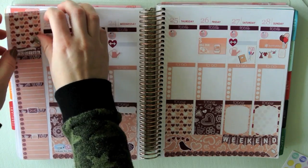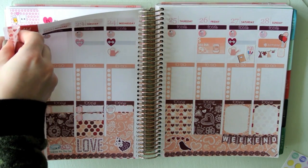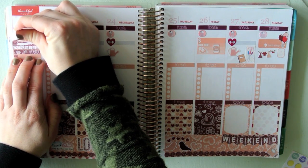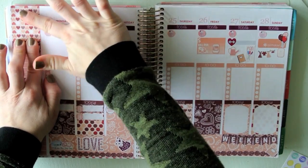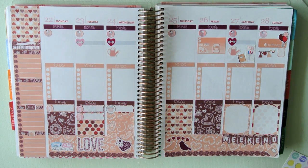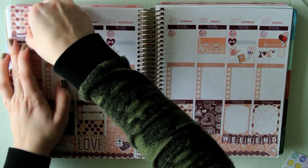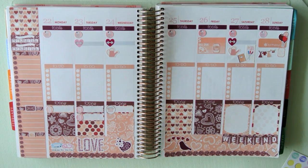And actually I'm going to line up this top box a little better to match up with the rest of them. There we go. Perfect. Actually, I'm just going to put both of the habit stickers down. I don't know exactly what I'll use them for just yet, but we'll figure that out. I am filming this way ahead of time because I want to get really stocked up